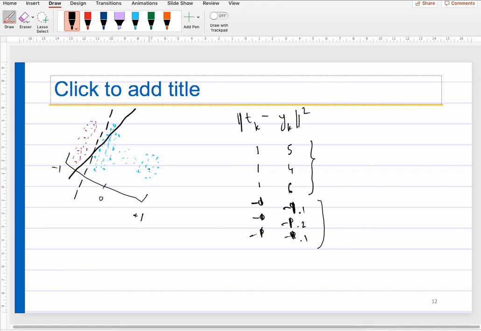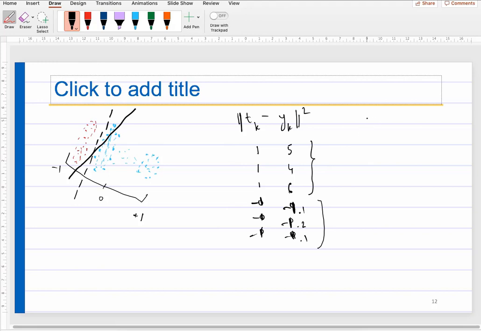So these are the points which are very far from the separator, but on the right side. But since our error function does not take care of which side it is, but just compares the absolute values, the error function is thinking these are also erroneous points because they do not match 1, because I want my output to match 1, right? So that is why the separator gets pulled towards these points to minimize the error, so that the overall error is minimized, right? So that is why this function is not very well designed.